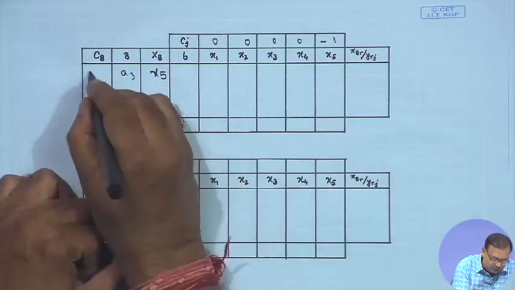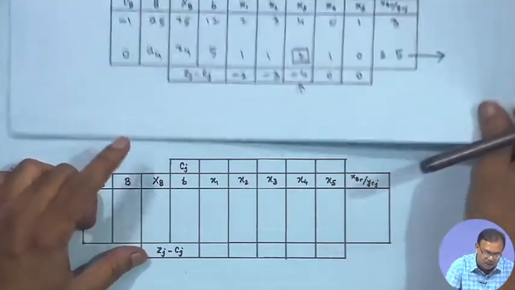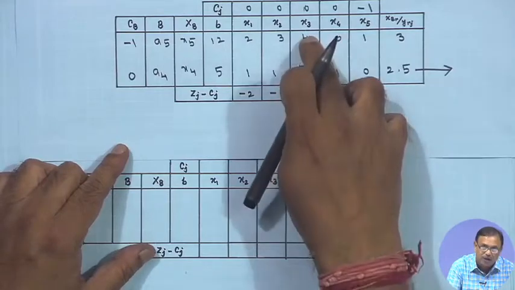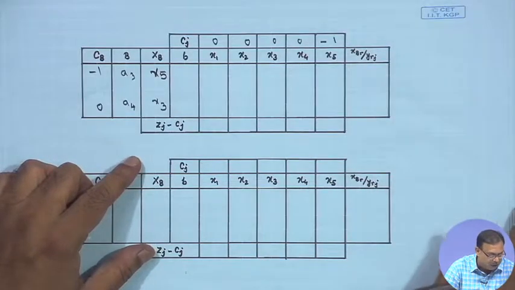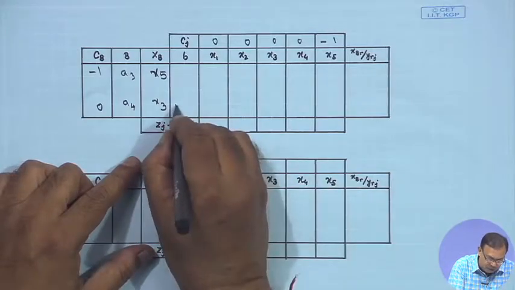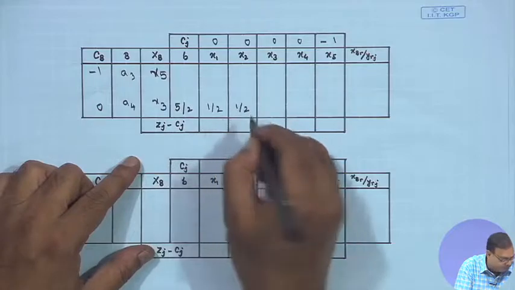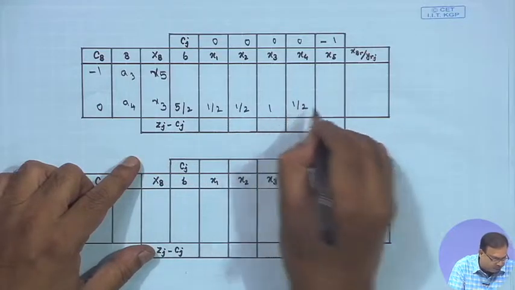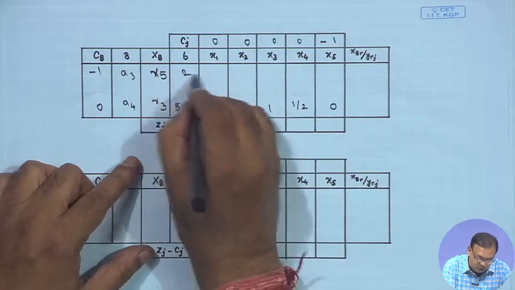Your CB values will be minus 1, 0. So, I am directly writing this. I have to make this as 1 and this as 0. Accordingly, I have to perform operations on the row. So, it will be 5 by 2, half half, 1 half, 0, and the other row will become 2 0,